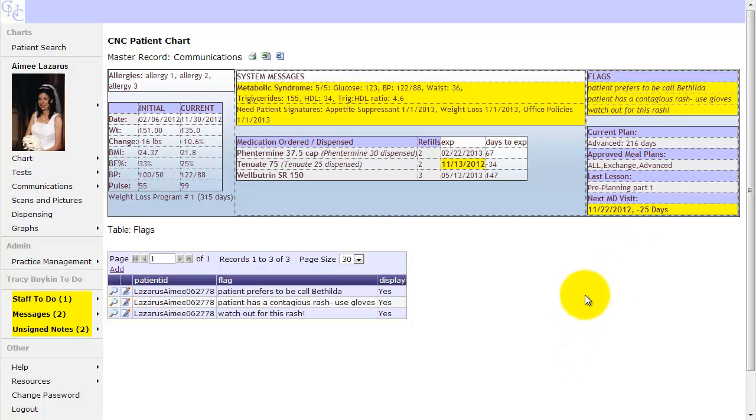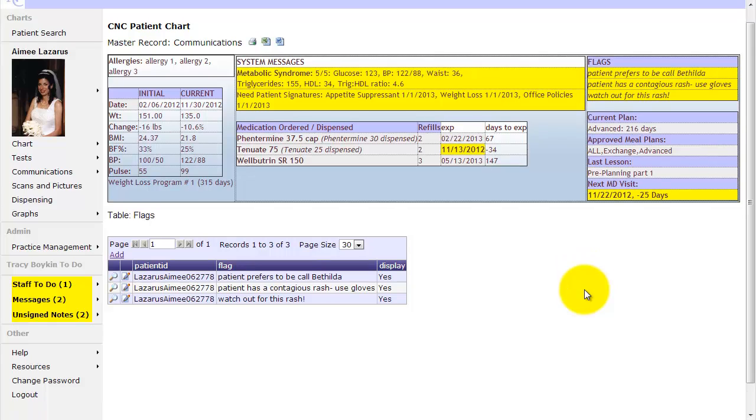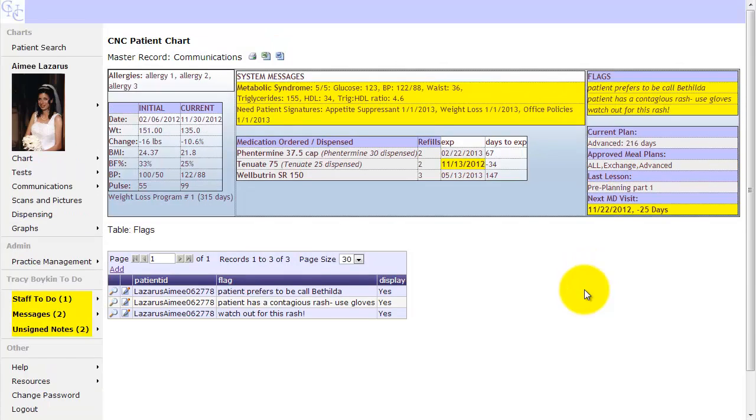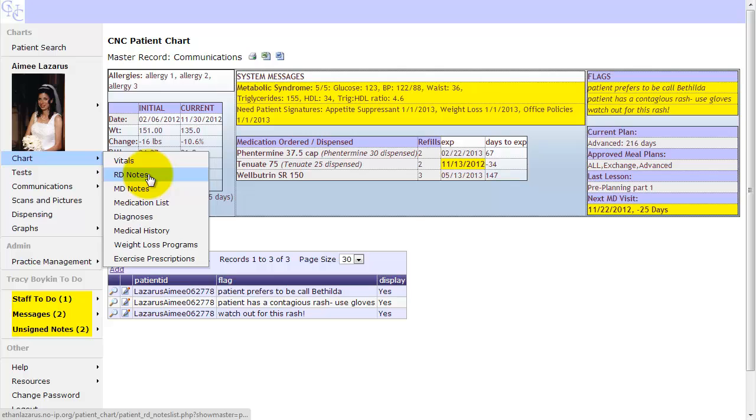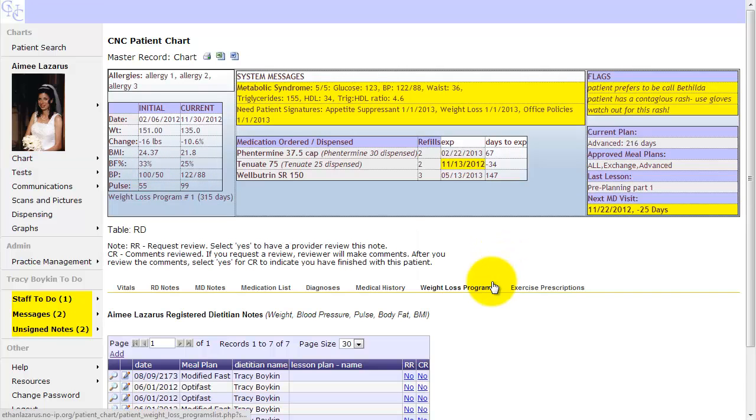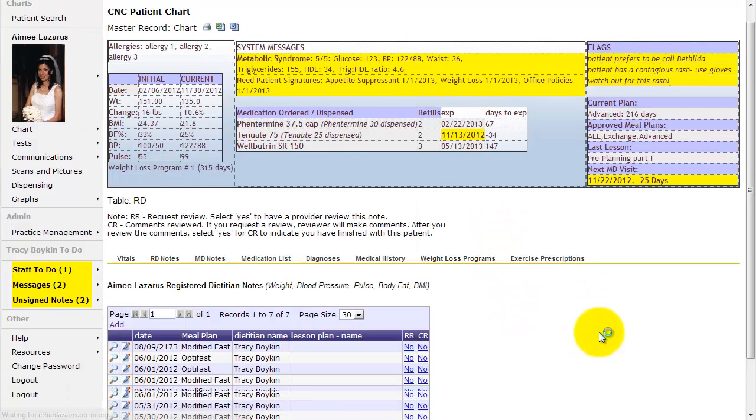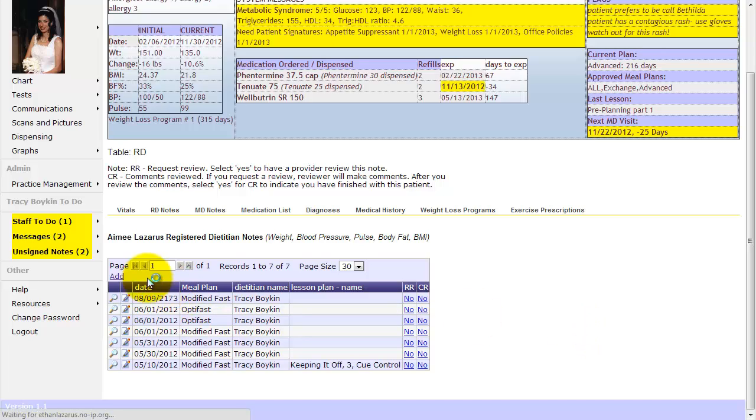If you're a front office, that's probably all you need to see in terms of flags, but if you're a dietitian or a medical provider, watch on for just one other way you can quickly add flags. So I'm logged in right now as a dietitian, and if we go back to the patient's chart and RD notes, similar to how you can issue staff to-dos from within the dietitian and medical notes, you can do the same thing